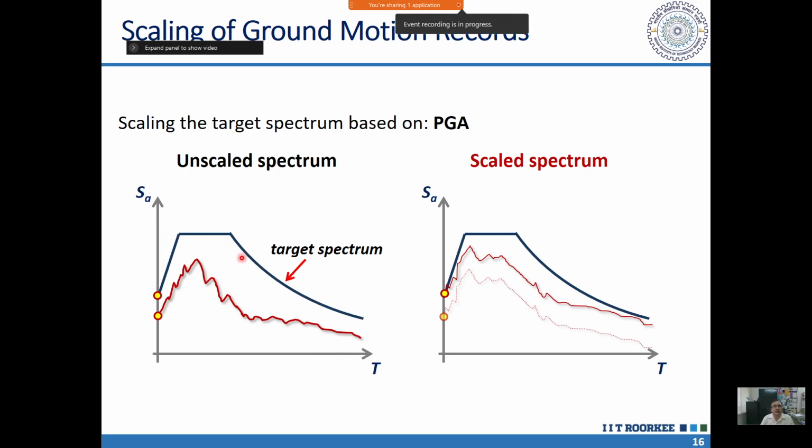So what I have to do? I have to do scaling, and this scaling we do in the time domain. Time domain scaling means that the whole of the recorded time history I am multiplying by a factor. I am scaling the whole time history by one single factor. That preserves its frequency and dynamic characteristics. So if I take that and multiply it by a scale, what factor should I multiply with?